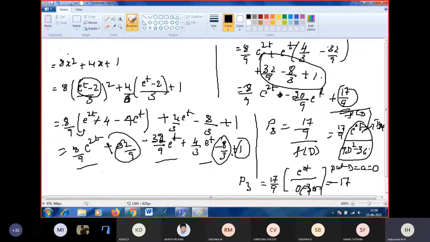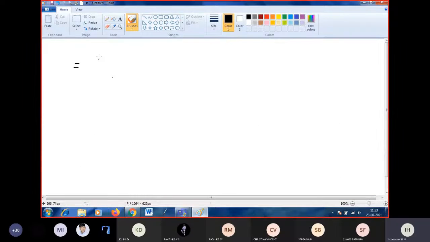Here we have minus 17 into e power 0t, which is 1, by 9 into 36, which is 324. 324 becomes minus. So if you take 81 common in the denominator, you will get 2t e power 2t in the numerator from the first term. Is it right? Yes, ma'am. Next, 20 by 3 into e power t. Minus 17 by 4. This is your yp.